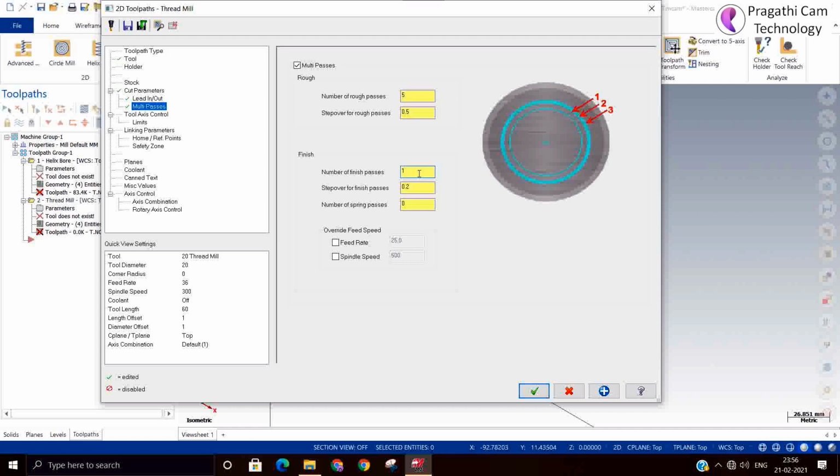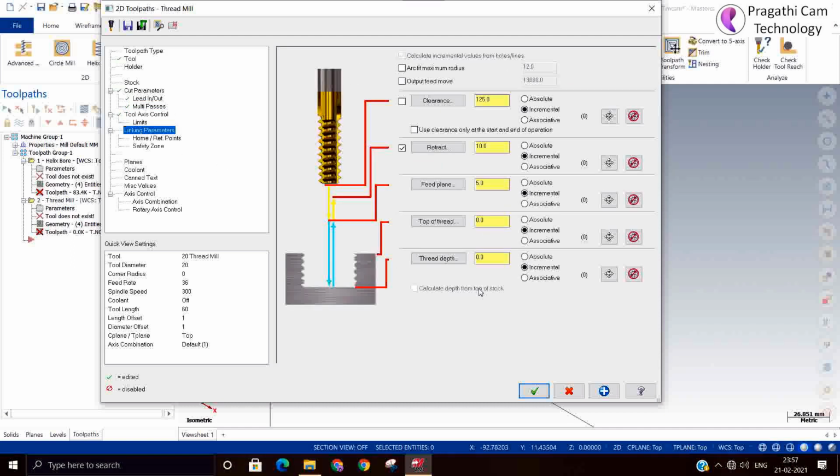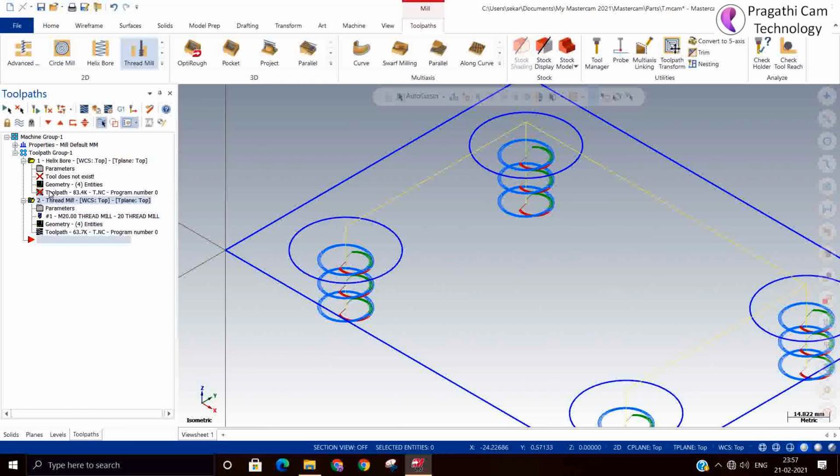Okay, this is finish pass 1. So now you can give the depth of cut as absolute. It means that for that particular size, you might have done the bore. So now you can see how it looks.